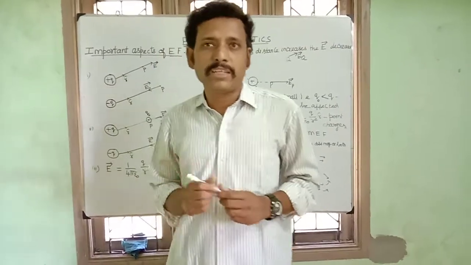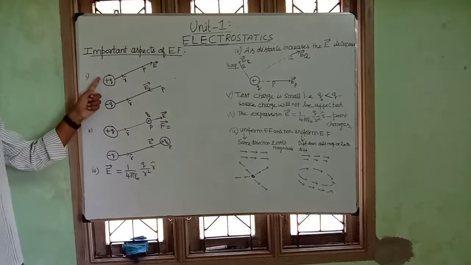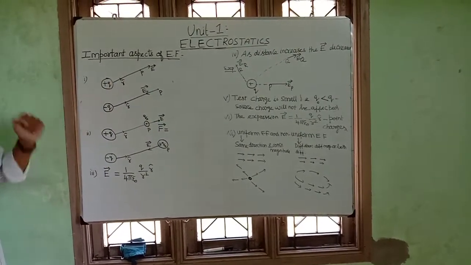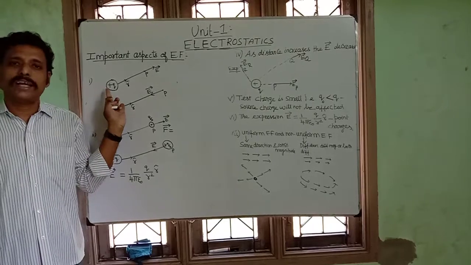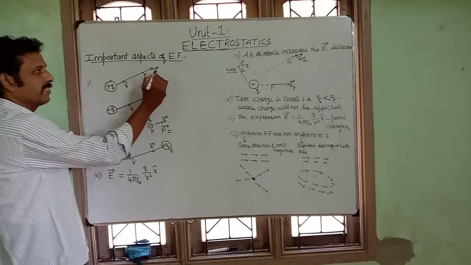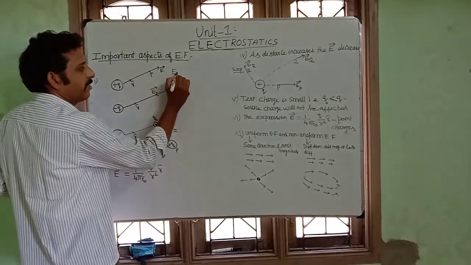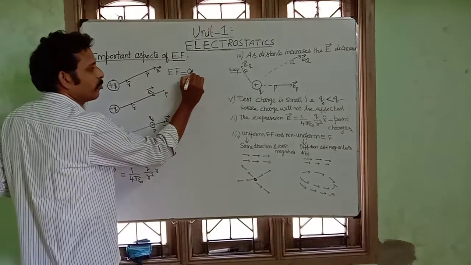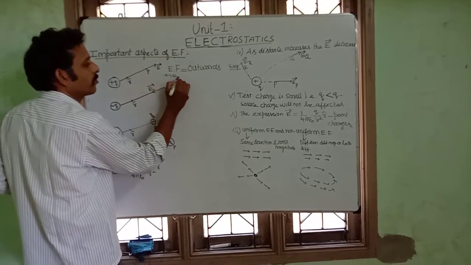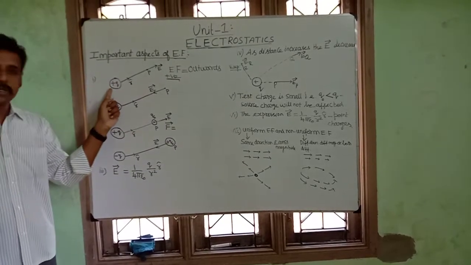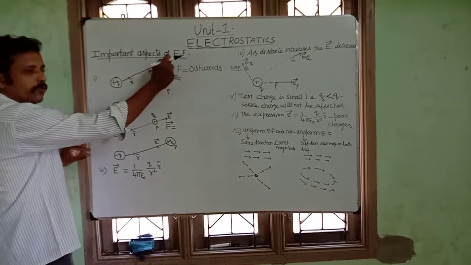So first concept, let us take the positive charge. We have taken a source as a positive charge. Consider this is the point P. As I already told, for a positive charge, the electric field will be acting radially outwards. See here, this is a positive charge, and this is the electric field. See the direction of the electric field, it is pointing outward.